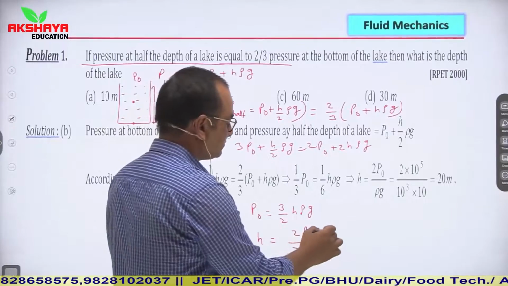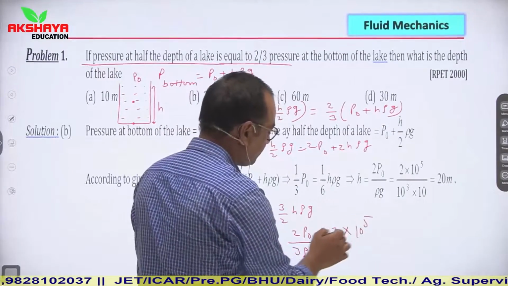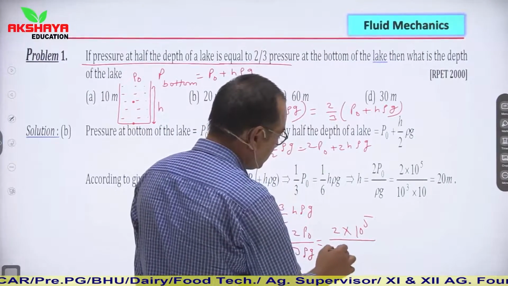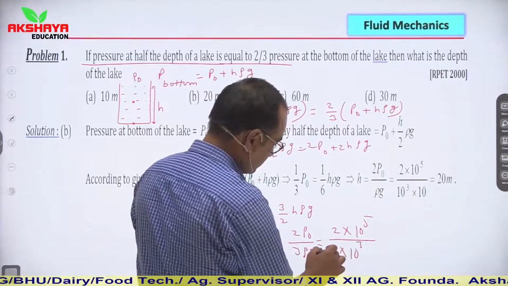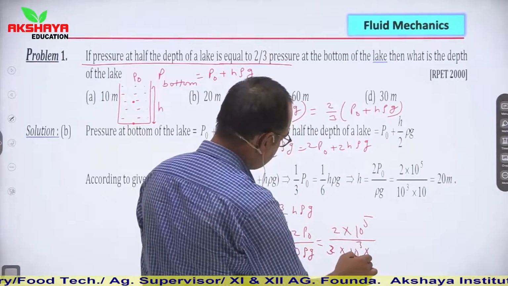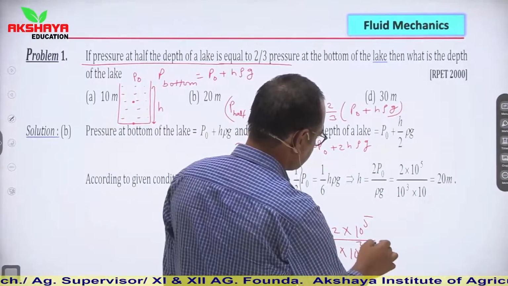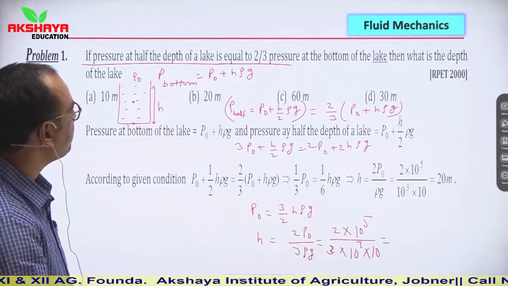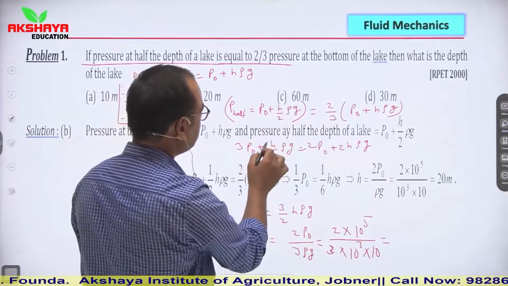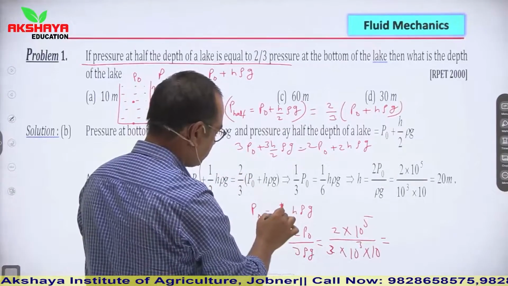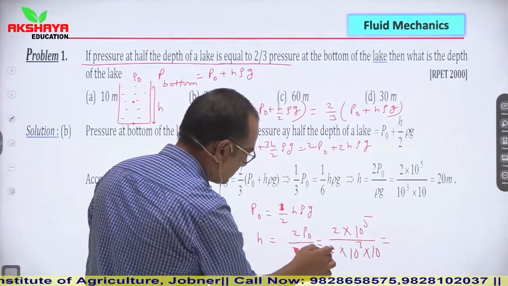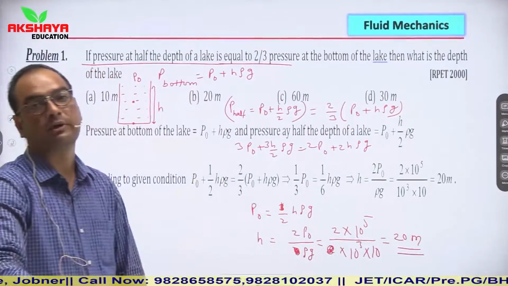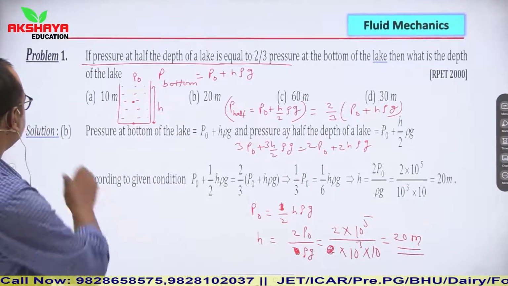So atmospheric pressure is 10 to the power 5 Newton per meter square, 1 atm, and 1 atm is equal to 10 to the power 5 Newton per meter square. Density of water is 10 to the power 3 kg per meter cube. So it is 3 rho G, and G is 10. So we can calculate from here, oh sorry, 3 also multiplied with it, so 3 H by 2. So it will be 1 by 2 H rho G, or simply H rho G. So it is almost 20 meter. So depth of lake is 20 meter. So this is the simple pattern of question.